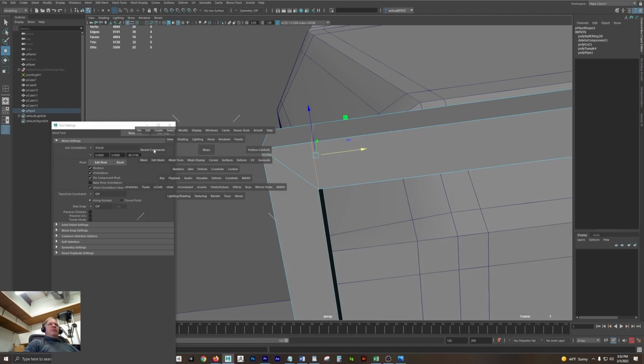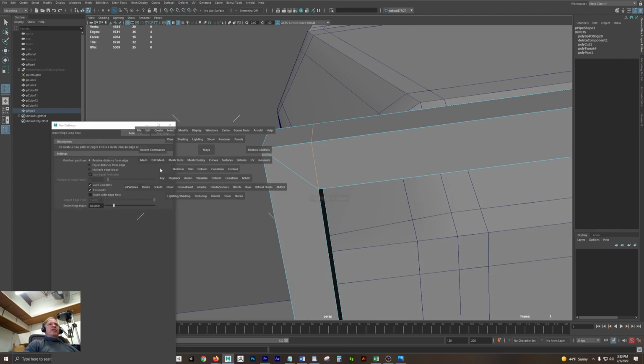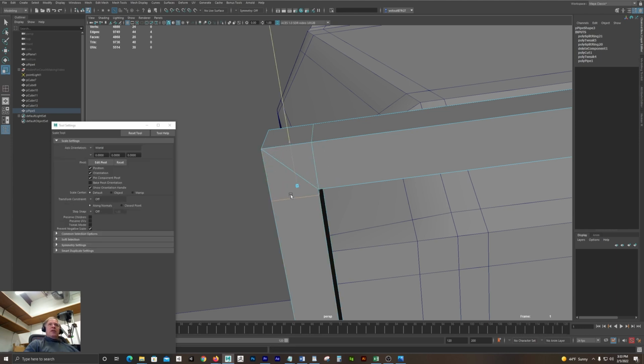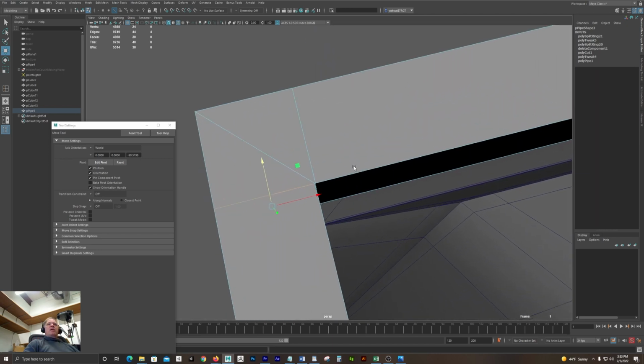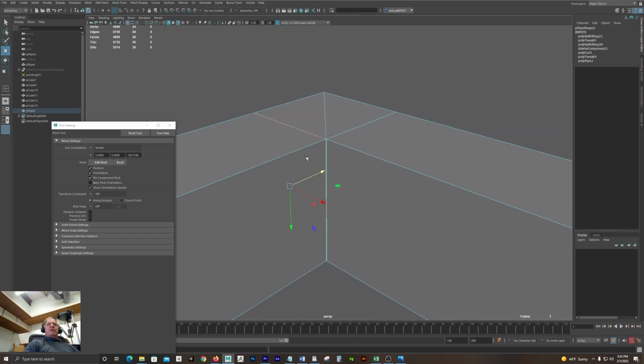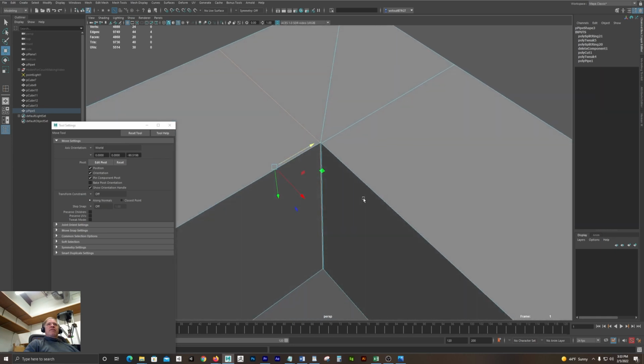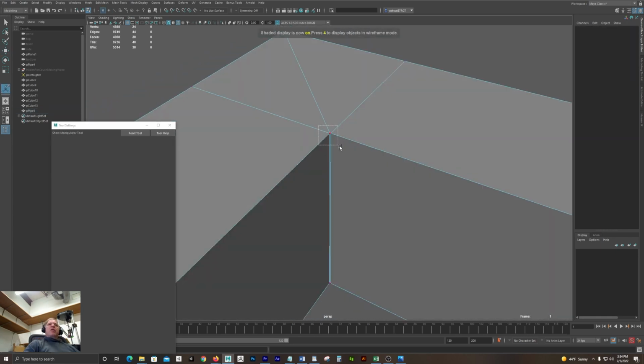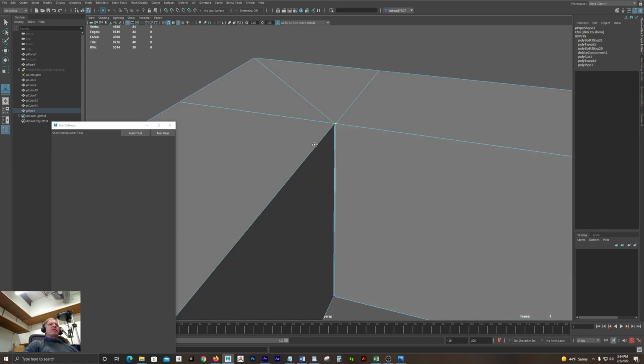And then recent commands, hold down the spacebar to get that hotbox, split edge ring, R to scale it, and W to drag it right about there. So now I've got these three vertices really close in, and I want to merge them. F9, so I marquee select these three vertices,